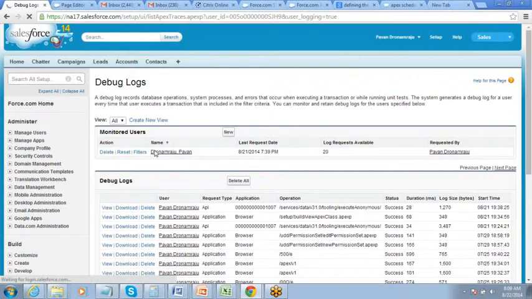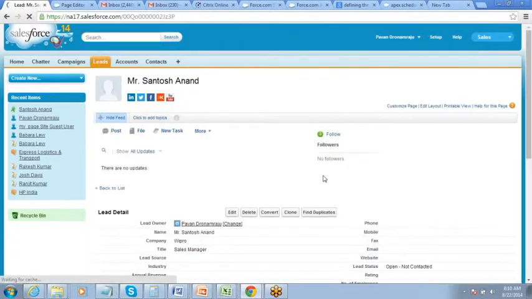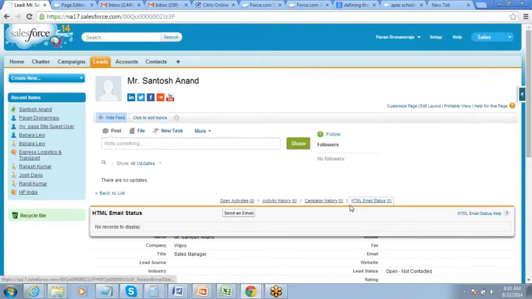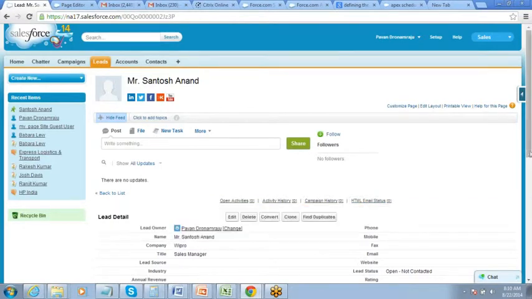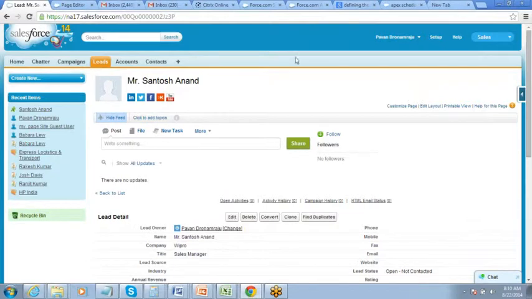Okay. Now on leads, I have a button which executes some code and all. So I'll just go to a lead. Oh, I don't have this on this one. I think I have it on my developer edition. Yeah, I have a question.